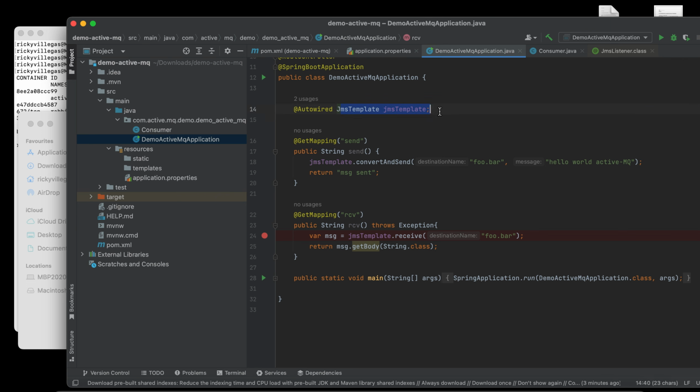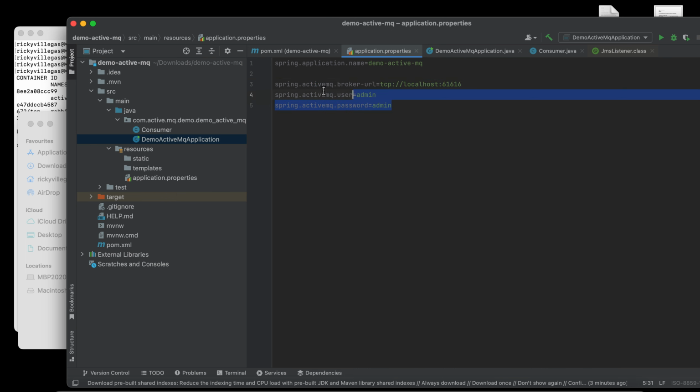This JMS template internally will create a connection factory. The connection factory will use this configuration to connect to our ActiveMQ server or broker.